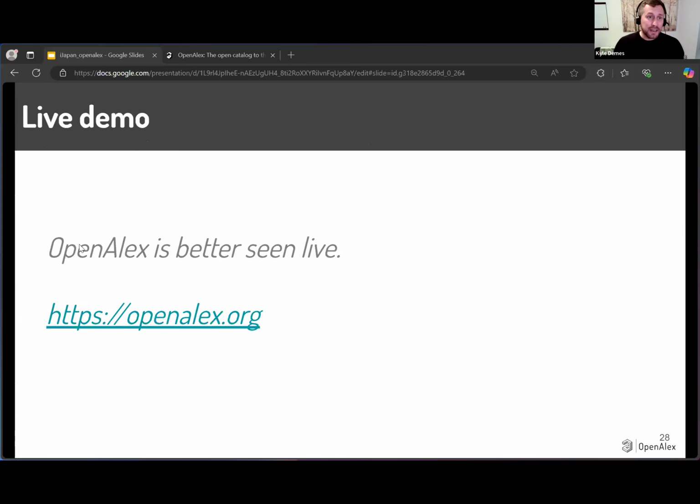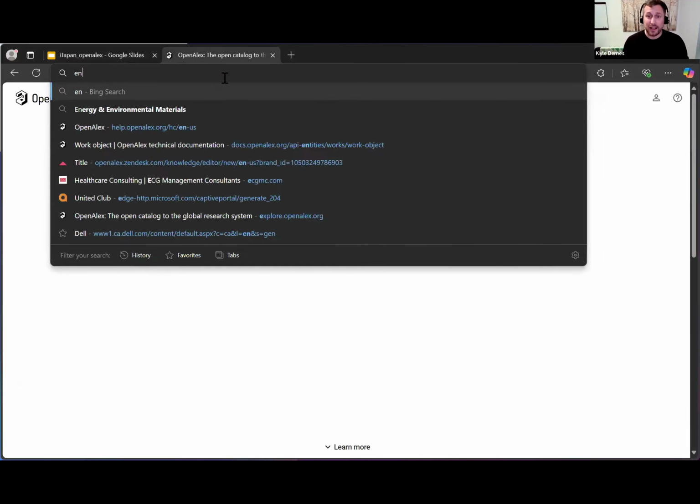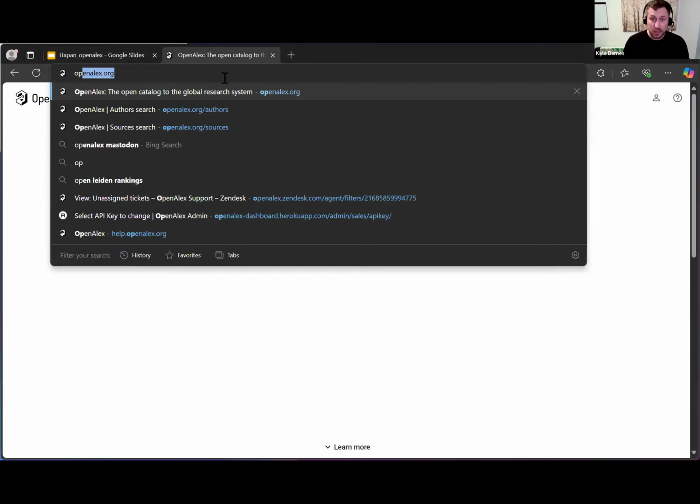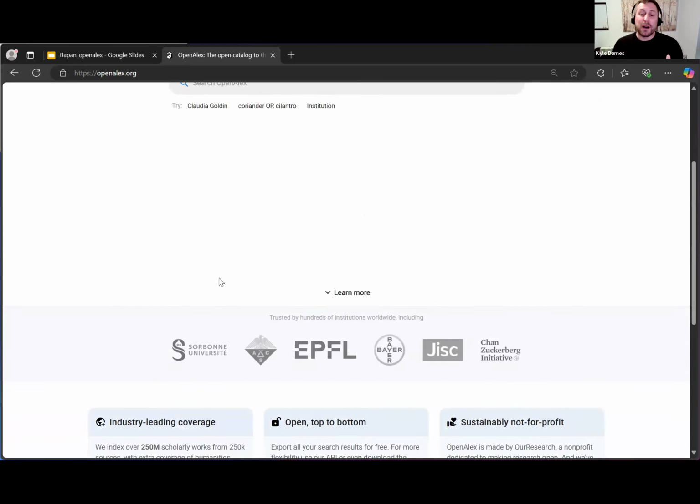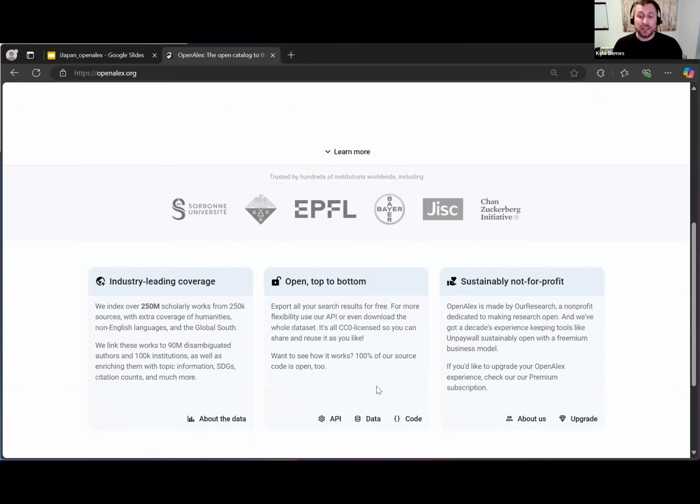But I also now want to spend a few minutes doing a demo of OpenAlex, and hopefully there are some questions that come in and we can get to those as well. But I'll just go in. So if you haven't used this before, you can just go to openalex.org, and you can see anyone in the world can access this. You can do it right now. You don't need to authenticate. You don't need to pay. It's all open. If you scroll down to the bottom, you can find more information.